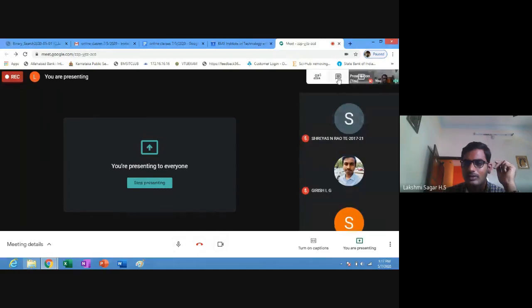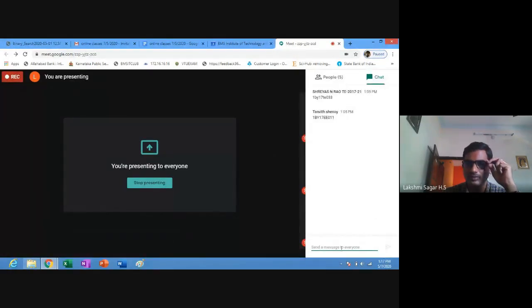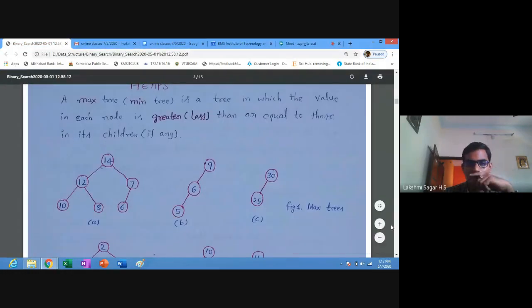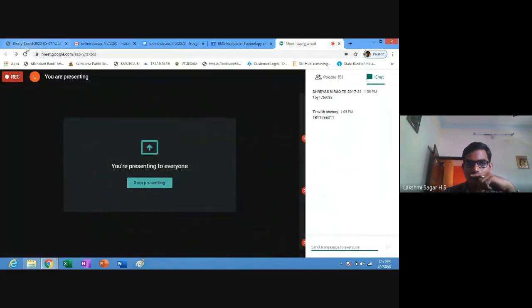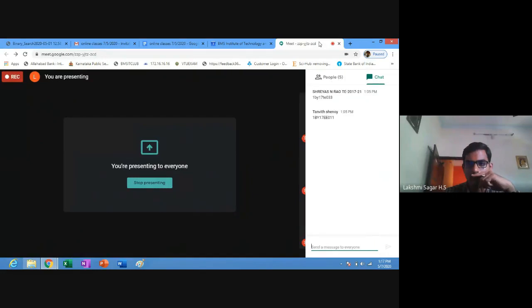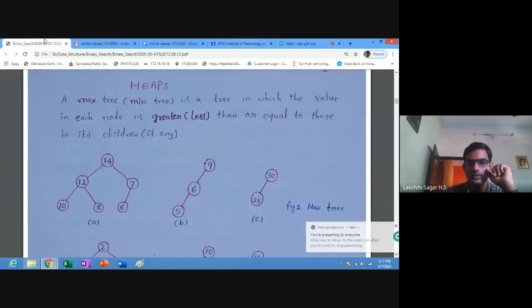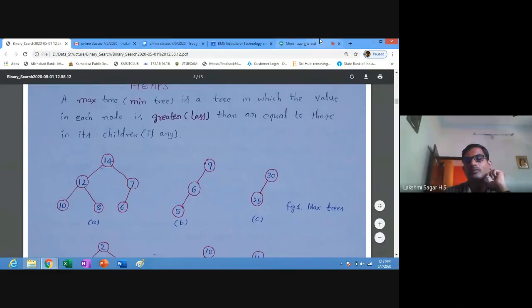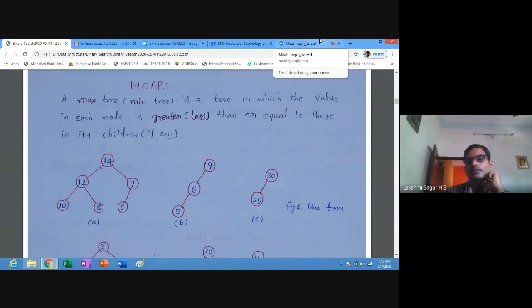In the chat box you can discuss. Check whether the first one is a complete binary tree. You can discuss in the chat box.